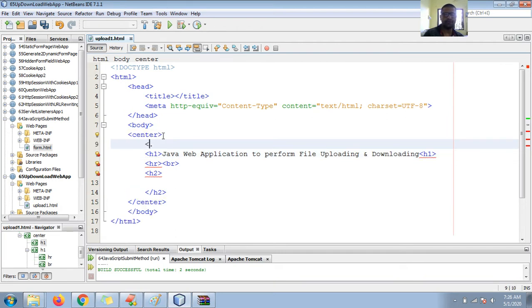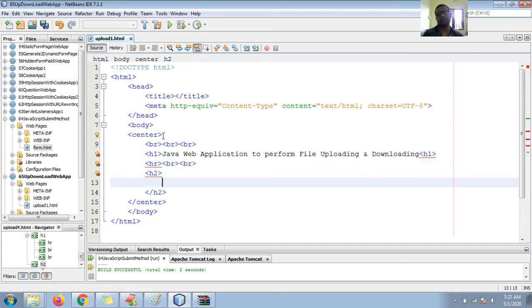Let me use some more break tags here. Okay guys, under this h2, let us work with it now. Let us create the Java web application, upload1.html, as well as download. So I need